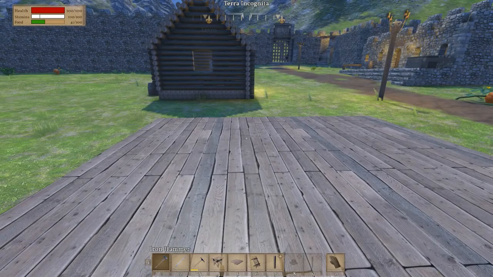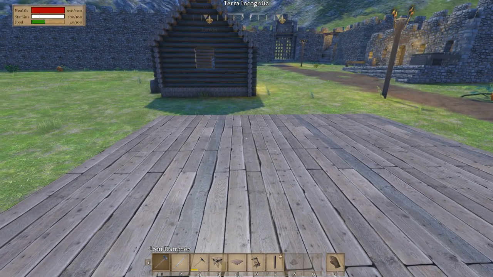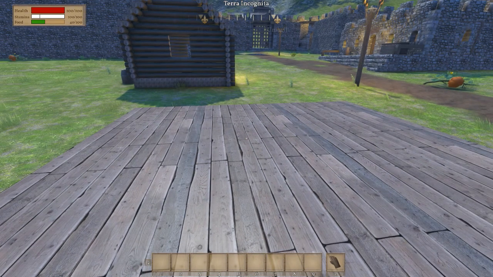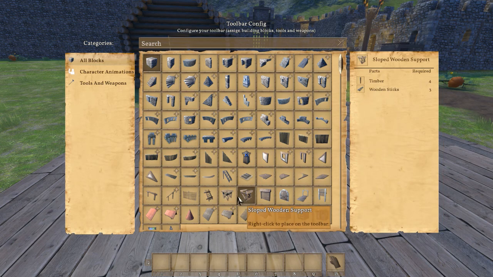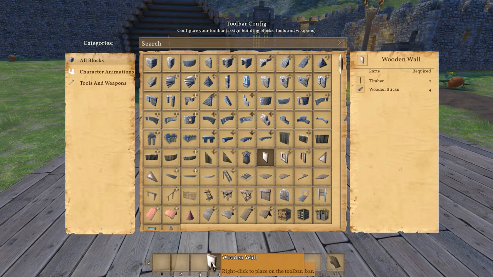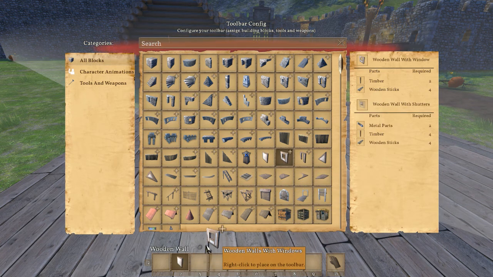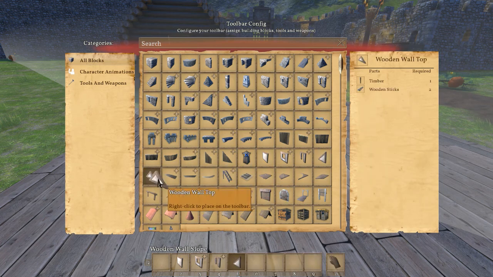But what I'm going to do, and this is something I should have done a long time ago. I always end up changing my hotbar all the time, and I should actually be utilizing the fact that I have two of them. So I'm going to go in here, and the first hotbar will be my foundation bar. This will be the wall bar. So I can put, let's see, all I'll need here is a hammer. So put the wall there, the window, the door, the triangular section, the cap, and